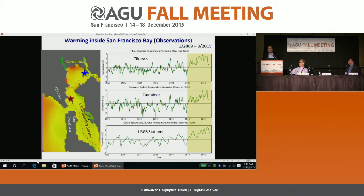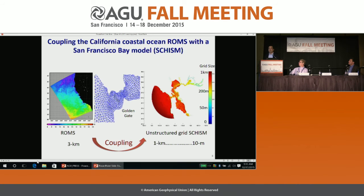So we expect a significant impact to the bay's physical environment, to the ecosystem, and to fishery-related indices as well. In order to understand this phenomenon, we have been developing computer models to try to reproduce this warming, both in the coastal areas of California and also in San Francisco Bay. Hopefully in the future, many years later, we will be able to understand the origin, the processes, the physics,